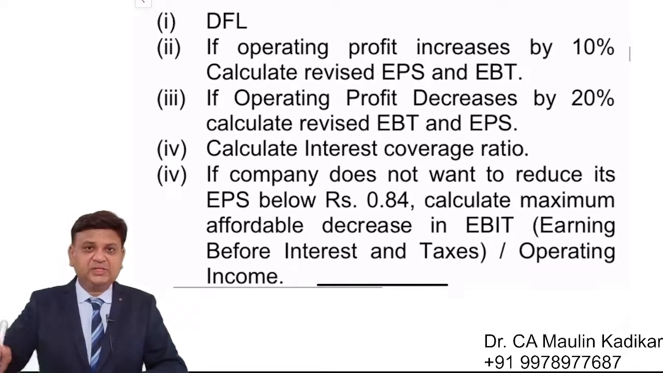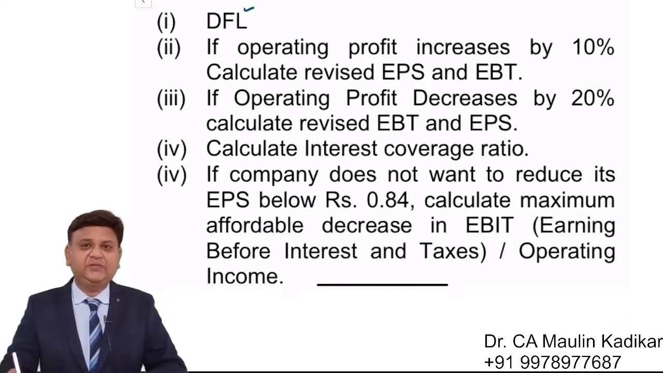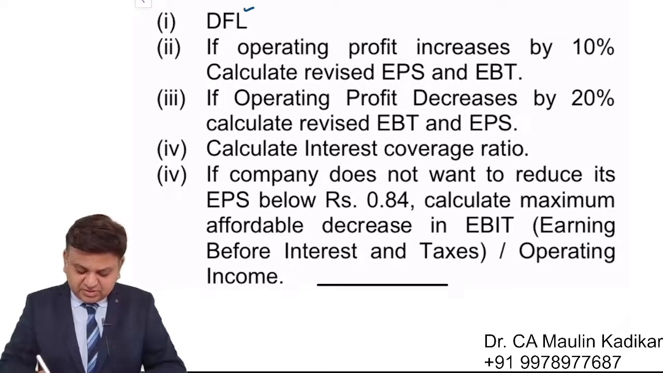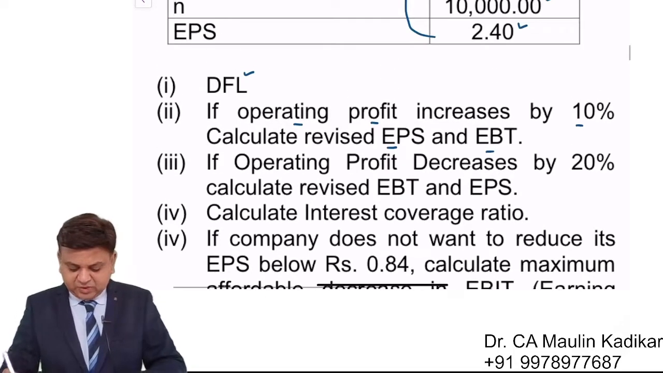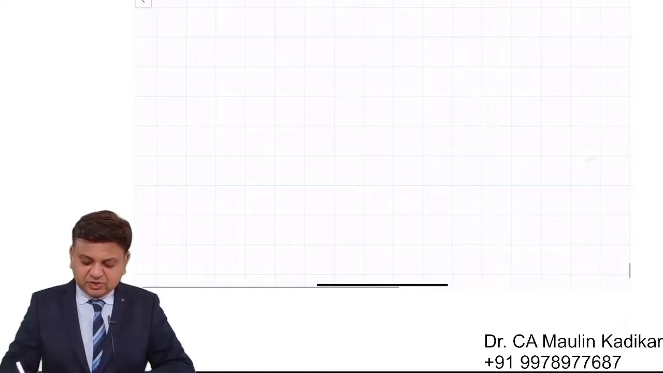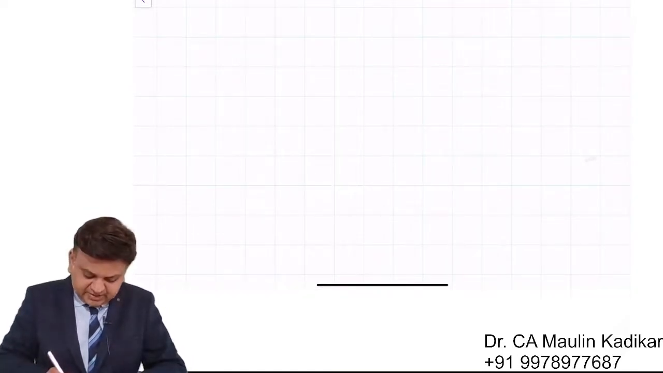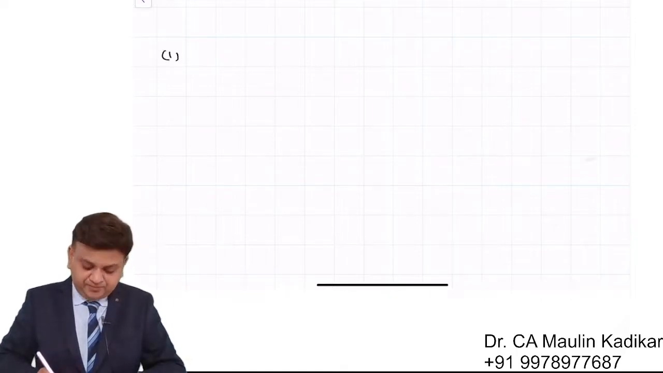The first question is calculate DFL. DFL stands for degree of financial leverage. The second question is if operating profit increases by 10 percentage, calculate the revised EPS and EBT, and so on. The questions are there. I request all of you to pay attention, do not write anything. As far as the answer of the first question is concerned,